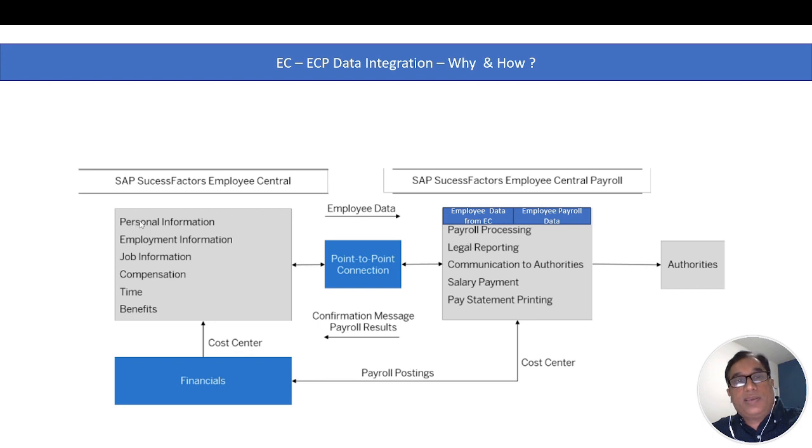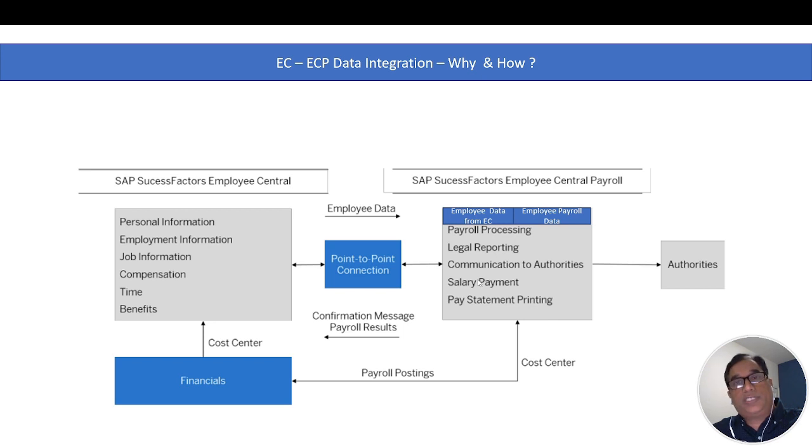As you can see, in Employee Central, we have personal information, employment information, job, compensation, time, benefits, but there is more information in Employee Central other than these. But we don't need all the data in the payroll system. We need only the payroll relevant information, right? Only the payroll relevant information. So all the payroll relevant information in Employee Central is replicated using a point-to-point connection